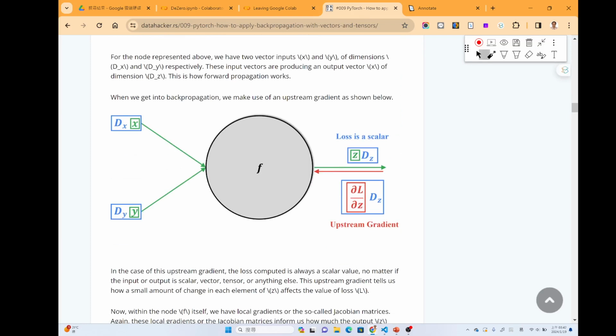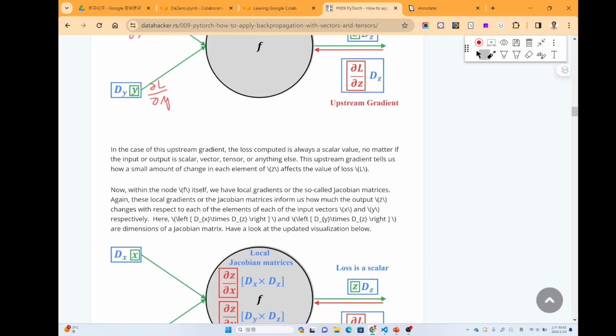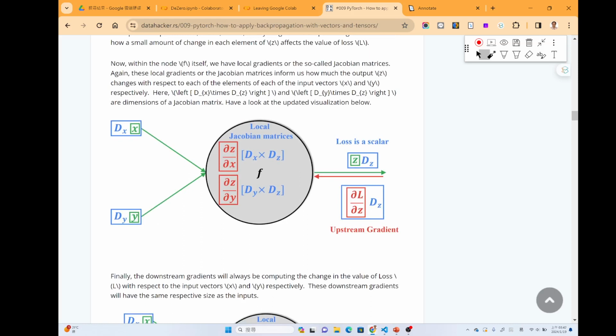Suppose that the gradient of partial L over partial z is available, as determined by the backpropagation procedure. Now we want to use this gradient to calculate partial L over partial x and partial L over partial y. How can we do that?